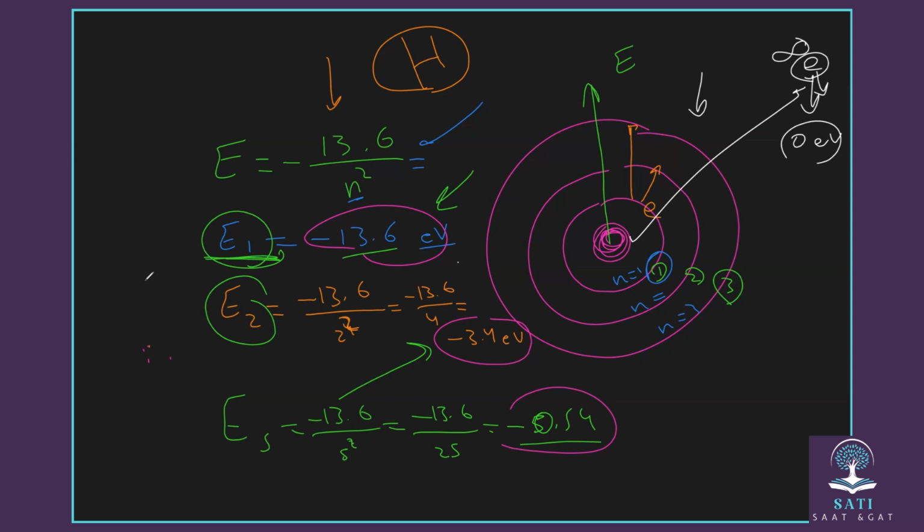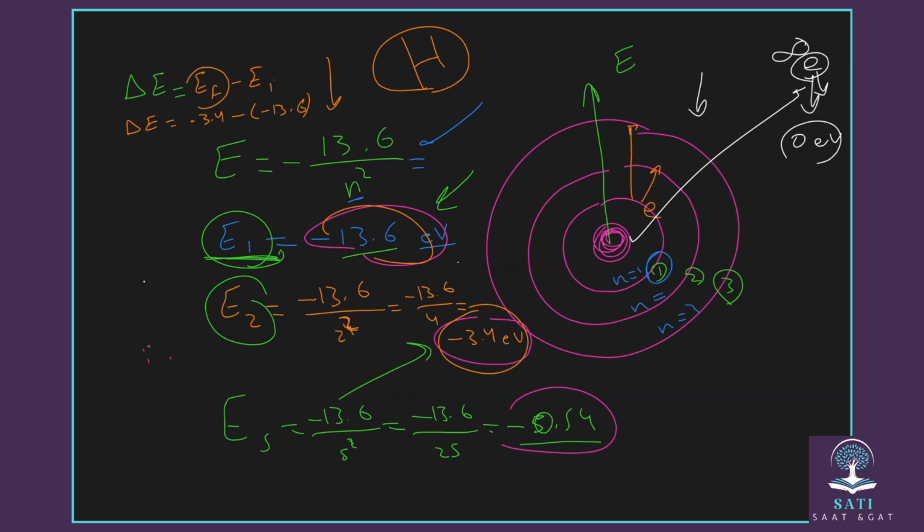The difference between energy levels 1 and 2 is the final energy minus the initial energy. For the second level, it's negative 3.4 minus the first energy level, which is negative